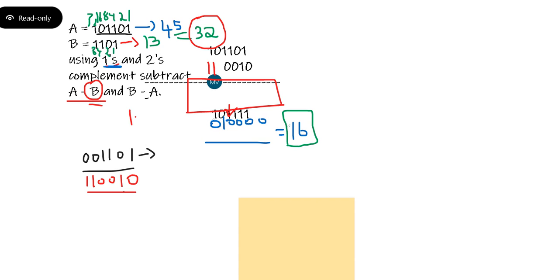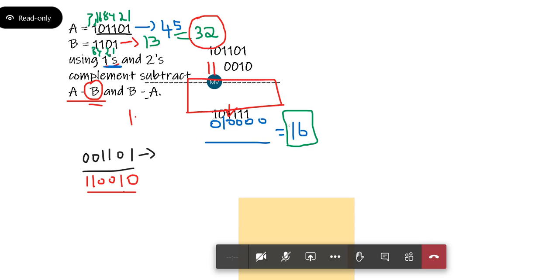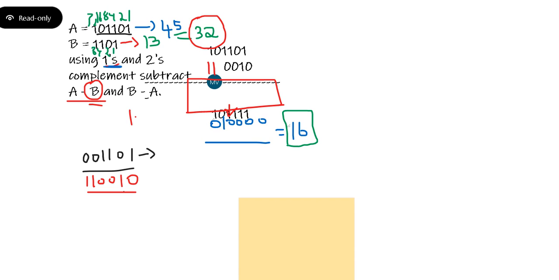1 again? 0, 1. Okay. So this will be 1. So basically 1 plus 1, again, what will it become? 0, 1, 0, and then 1. Right? Correct, guys? So basically this will be 1 plus 0, which is 1. So 1 plus 1 again is 0 here, and then 1.